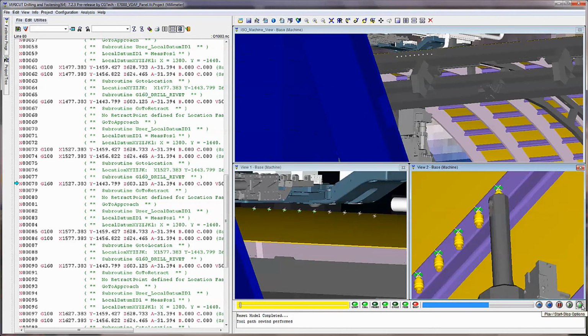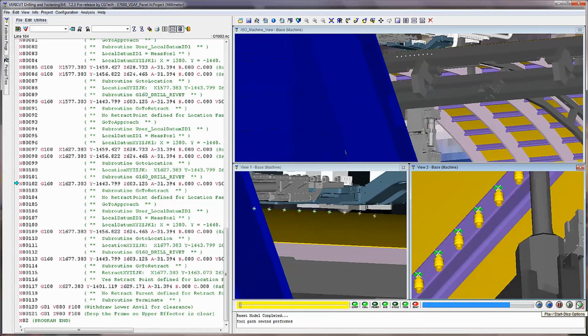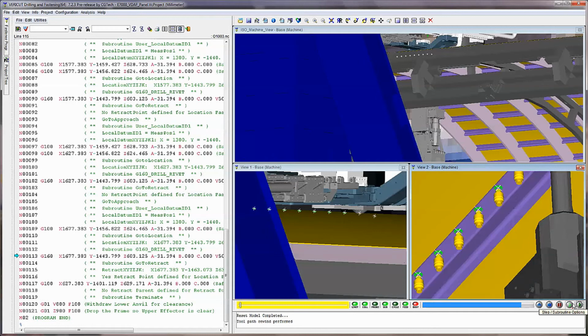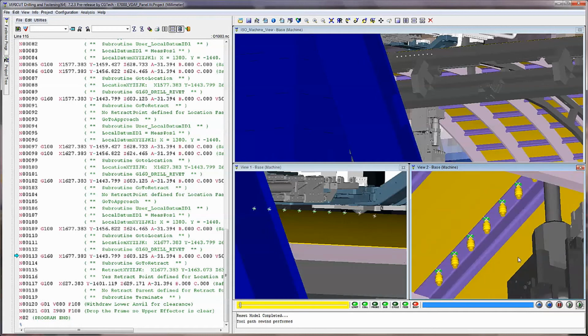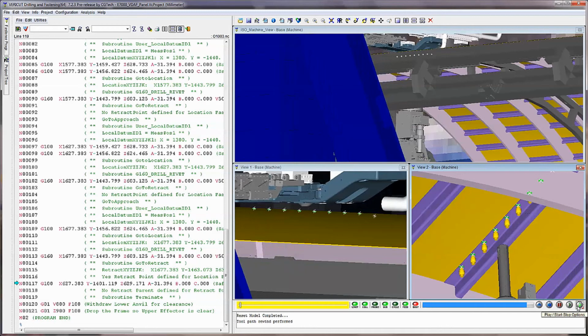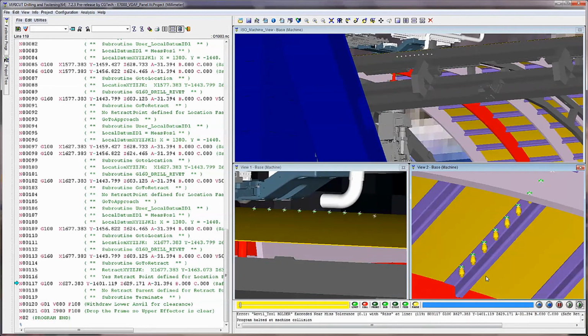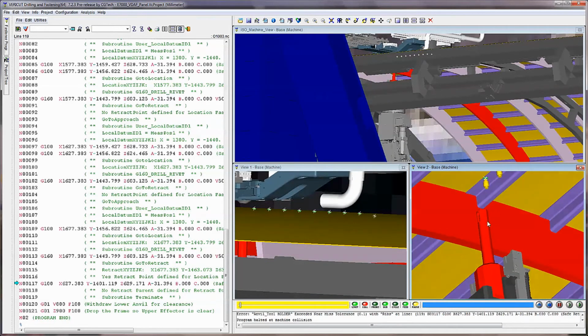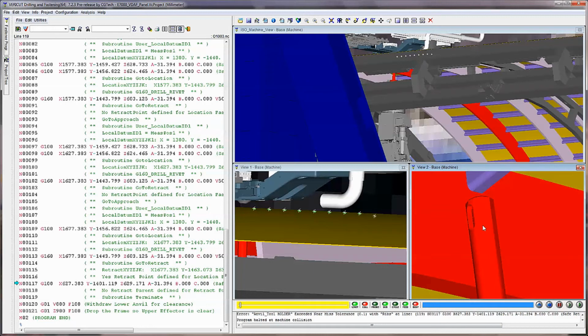Now the interesting thing about this is that this is updating the potential collision risk. So one thing that we have to be sure about in fastener programming and simulation is that we're looking for collisions with both the fasteners and also the structure. Maybe you can see here that the lower anvil is colliding with the structure. Now this structure,